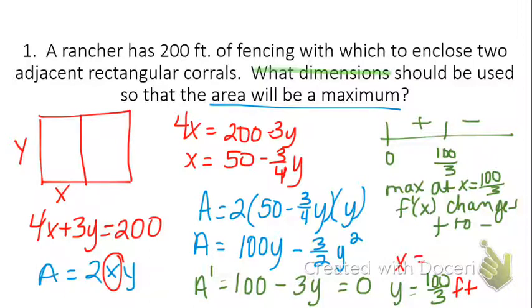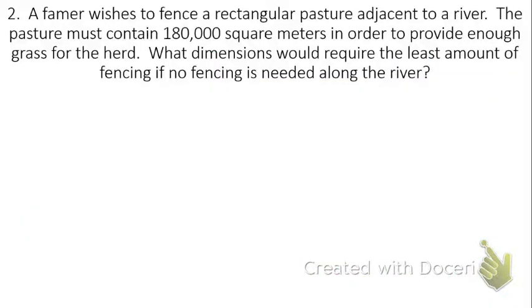Go back to the original problem and find any place where you have y in the equation where it says x equals something. So I would do it here. x equals 50 minus 3/4 y. Just plug the y into there. And I think you get 25. So the points: you'll get points for the derivative, you'll get points for the number line, you'll get points for telling me it's a maximum, you'll get points for the units, the feet. If you don't say the feet, you lose points. So for the 25,